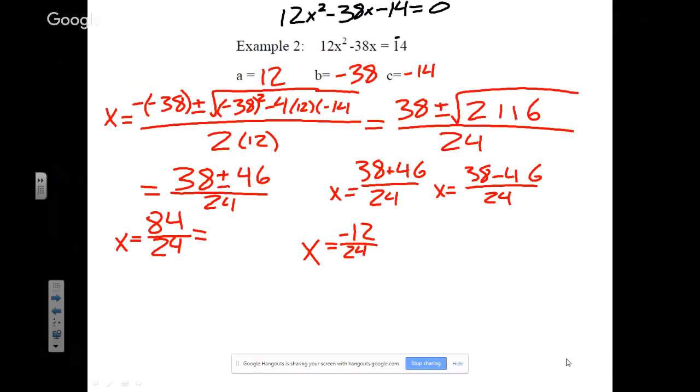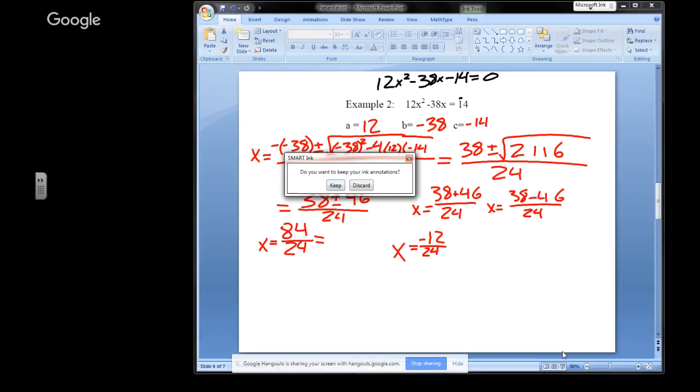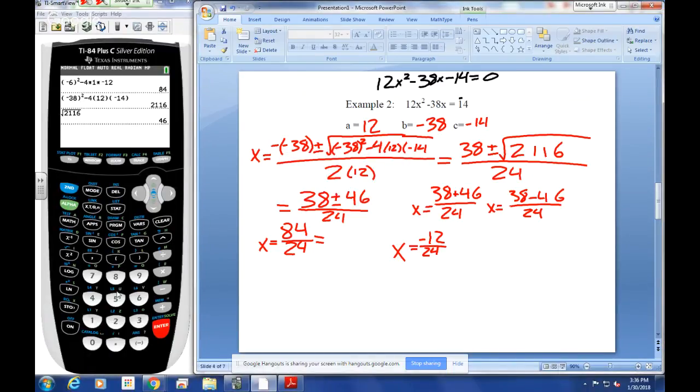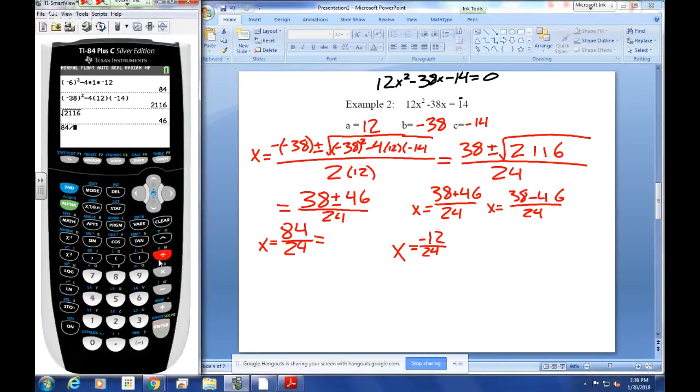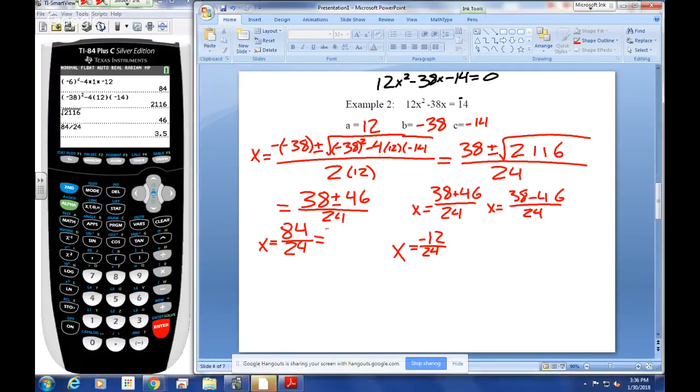So with this one, if we want to get this as simple as we can, we want to figure out what that's going to be. Here we can simplify that down, and we can look at the calculator again and look at 84 divided by 24, which gives us 3.5. And then negative 12 over 24